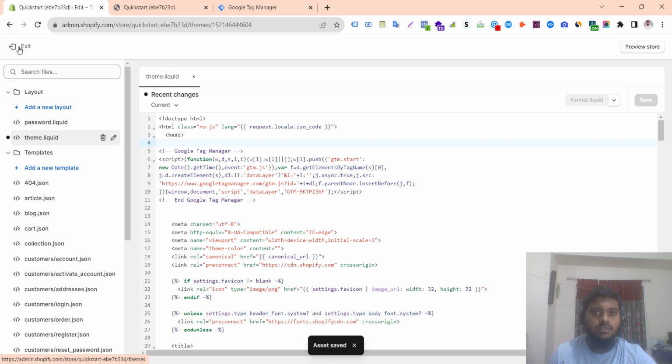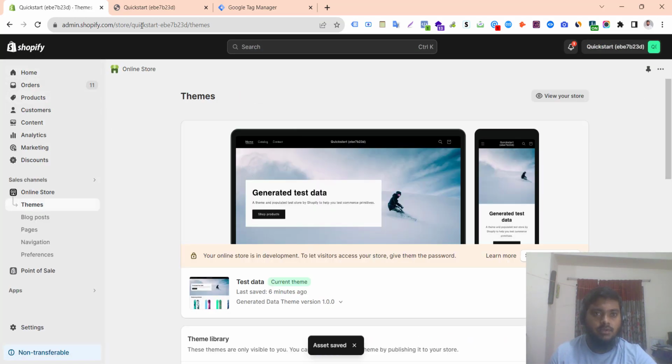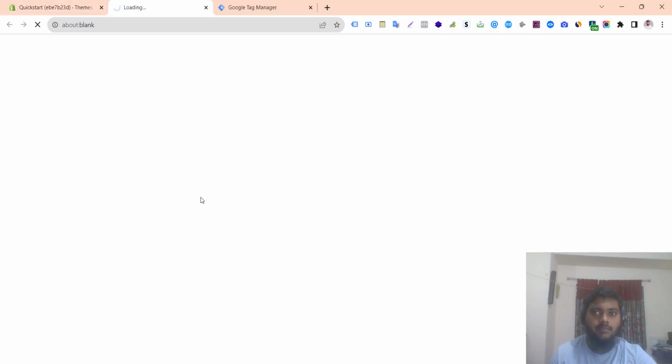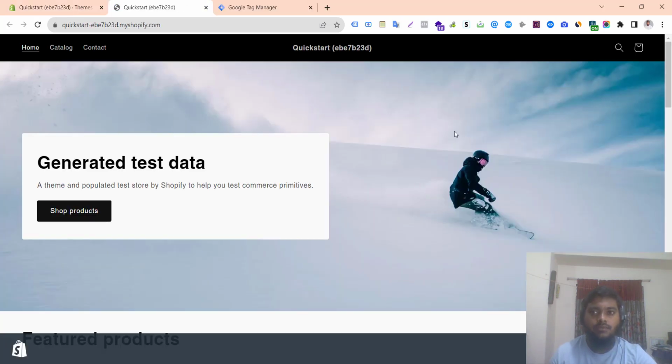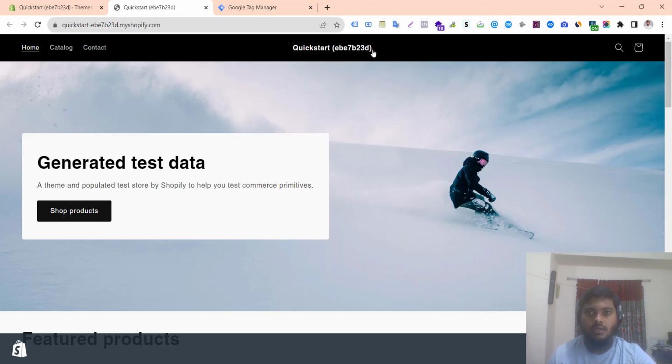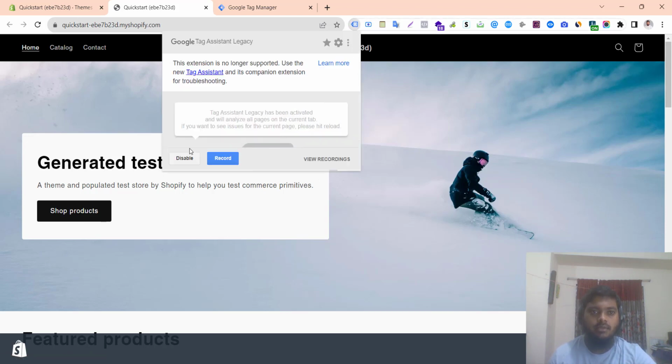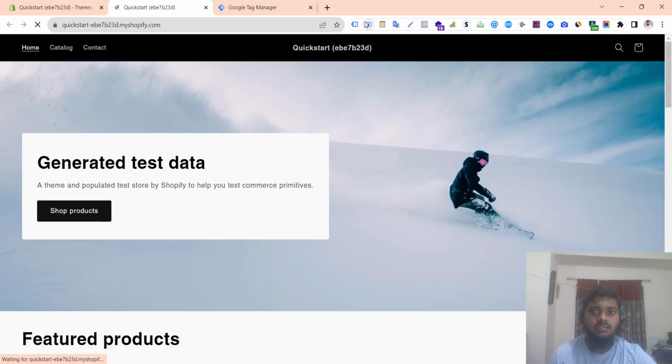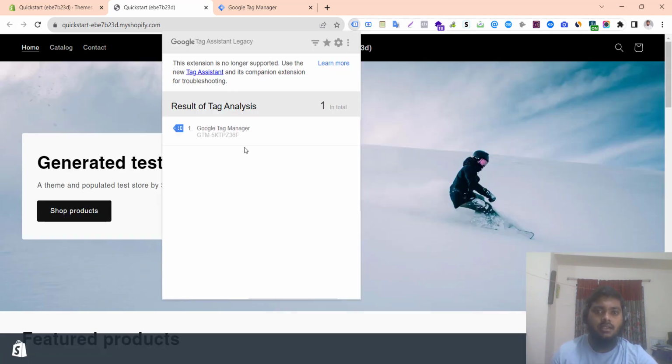After successfully doing this task, let's visit our website. Let's close this tab and visit our website again. So if we see, this is a Chrome extension. This we can see that our tag manager is installed, but we will use our official Google Tag Assistant. For that, click enable and reload this page. This is the official Tag Assistant, and we can see that here a Google Tag Manager ID has just fired,